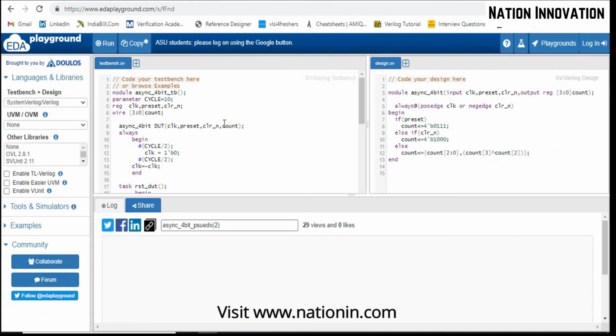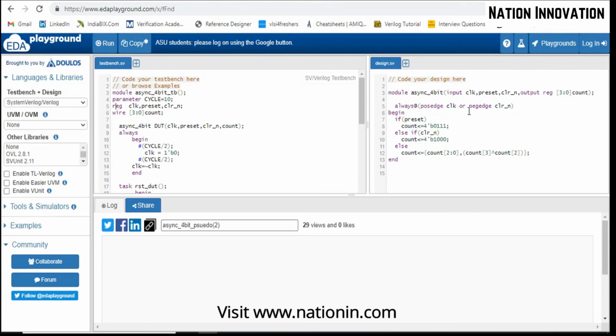So we are providing the input using this test bench. We do not need to declare any input or output here in the test bench part. And this is a parameter. Parameter is also a kind of data type; it works like a constant. So cycle is a variable name, parameter type, and we are giving the value. We use that for generation of the clock. That's why we have used this parameter cycle and reg.